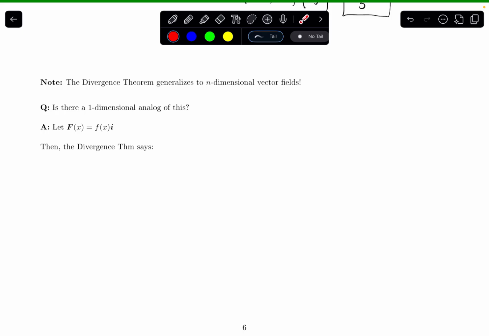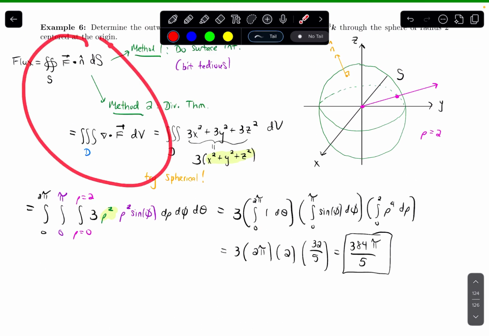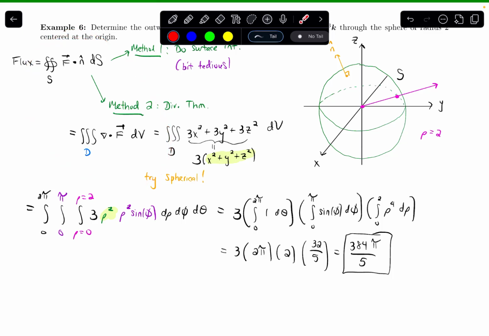So in this video, I want to talk about generalizations of the divergence theorem. We've seen over the last few videos that with the divergence theorem, on one side, I have this triple integral over this region D of the divergence of a vector field. And what that's equal to is this surface integral over the surface that encloses that region. So it's the boundary of that region where I'm doing the integral of this f dotted with my normal vector